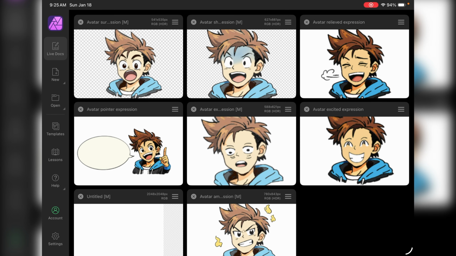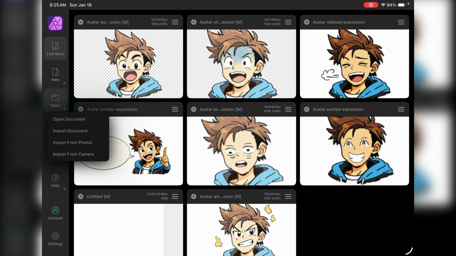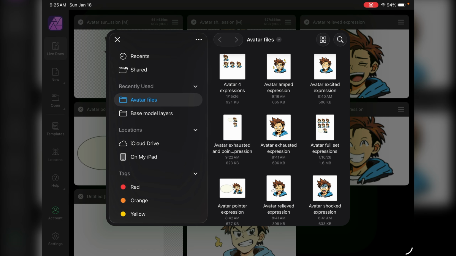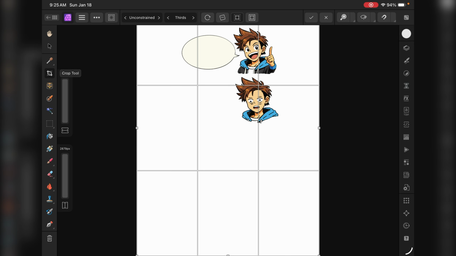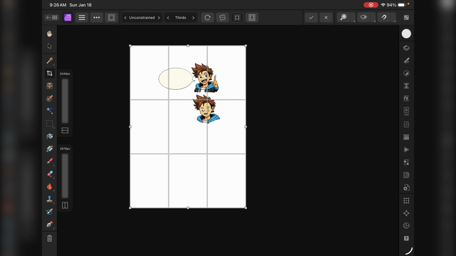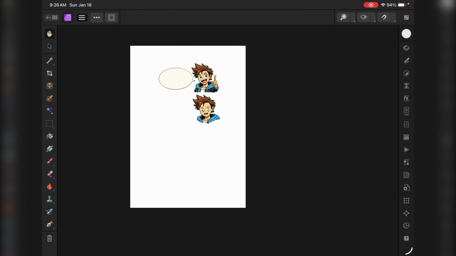The fifth thing is the crop tool doesn't work at all. If I open a document and open the larger one I have here, when we were trying to crop stuff, and I go to crop, it crops the entire document. Now, when your entire document is the thing you're importing, it's not that big of a deal. However, if we go ahead and